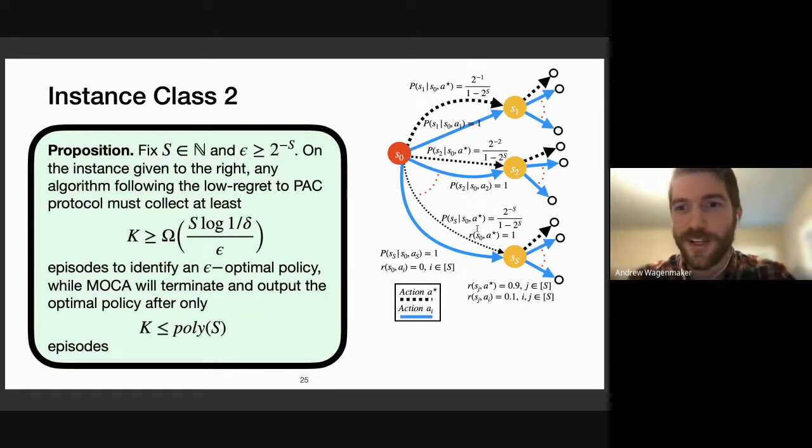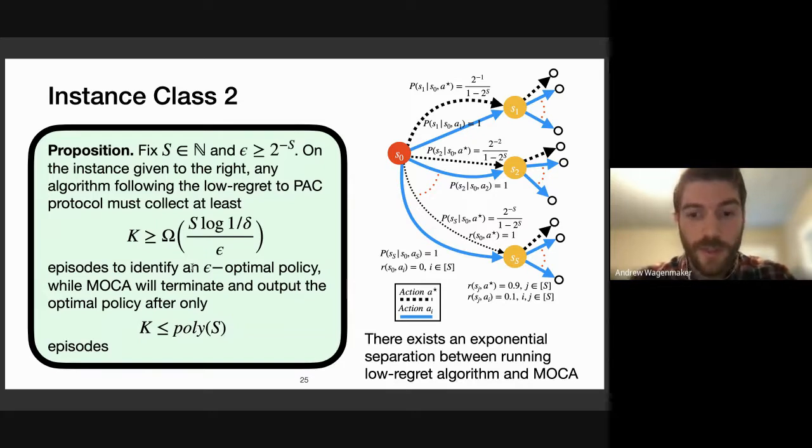So the second example in some ways generalizes this. And now we can say basically if you just fix some epsilon, which could be exponentially small in S, and you run this low regret to PAC to find an epsilon good policy, you need S over epsilon samples. Whereas if you run our algorithm, it will terminate and output the optimal policy in something that doesn't even scale with epsilon. So it's just some polynomial in S number of samples. And so basically this is saying there's potentially even this exponential separation between